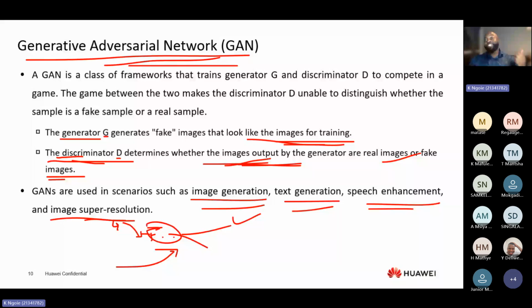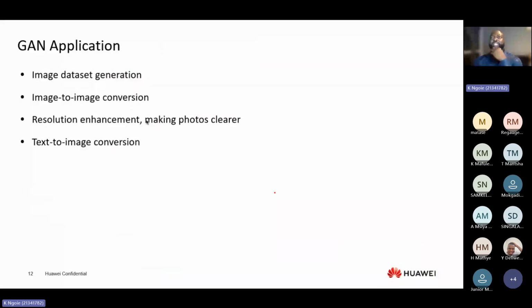Okay, so the generator is trained to fool the discriminator, and the discriminator is trained to not be fooled by the generator. All right. So that's how it works. This will obviously work in the scenarios that we've mentioned here: image generation, converting images, text to image conversion. That's exactly how you get to a point where today we have things like ChatGPT, where you can write a text and it generates pictures for you, because it has been trained using this